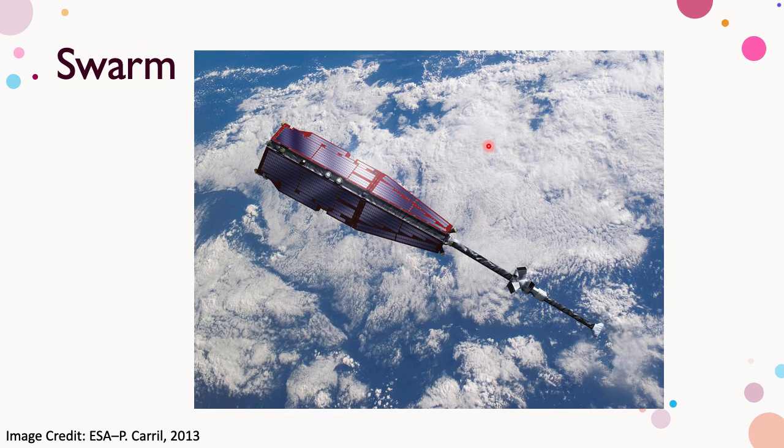This is a new one. It's still up there. There's actually three. This is called Swarm. There's Swarm Alpha and Charlie, which fly close together, and then Bravo is 90 degrees. So it's at that angle away from Alpha and Charlie, and it's like that because it means that they